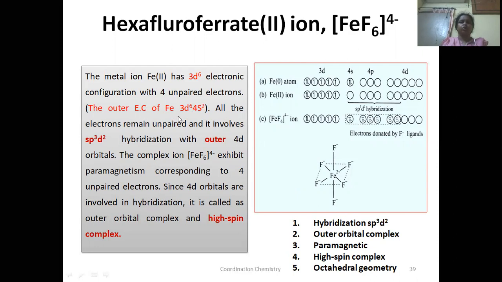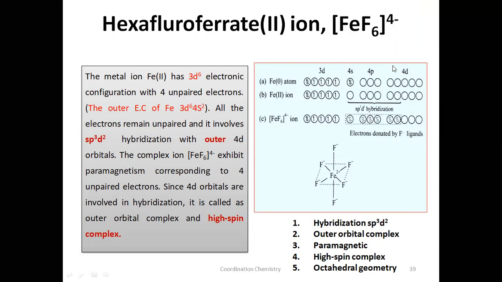So we have to remove 2 electrons from the outermost shell, that is 4s. If you remove 2 electrons from 4s, that is enough. It will get that oxidation state of +2. So what will be the electronic configuration now after removing 2 electrons? That would be 3d6. Let us see here. In the absence of ligands, that is the ground state. This is the outer electronic configuration, 3d6 4s2. The next orbitals are 4p and 4d; obviously they will be empty.